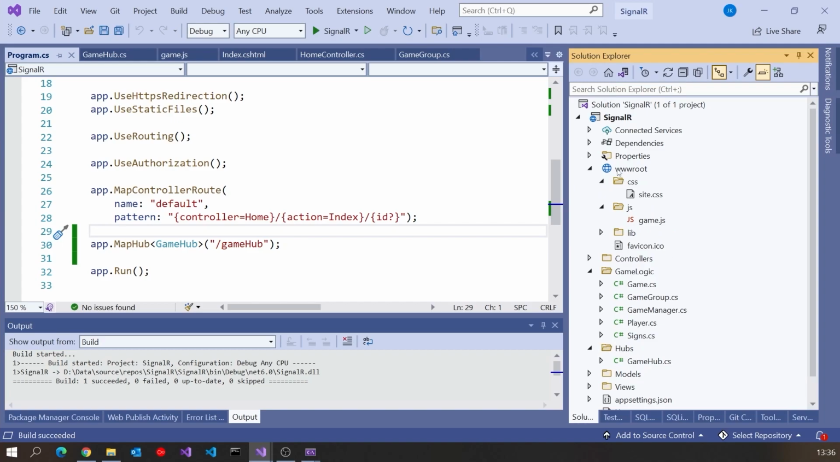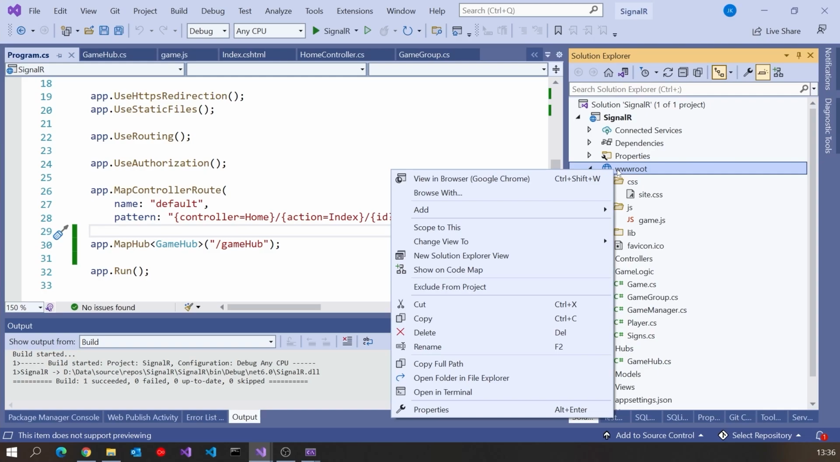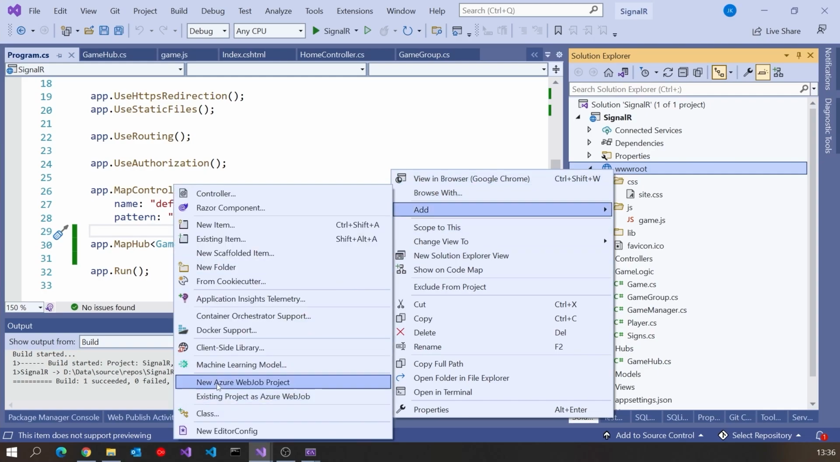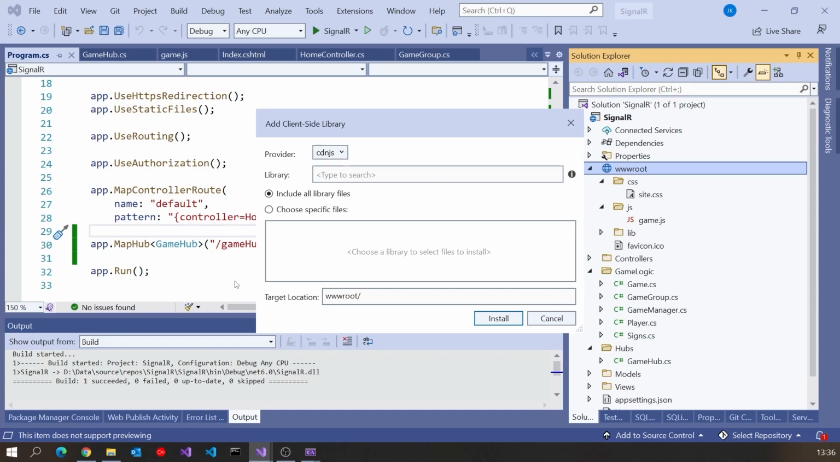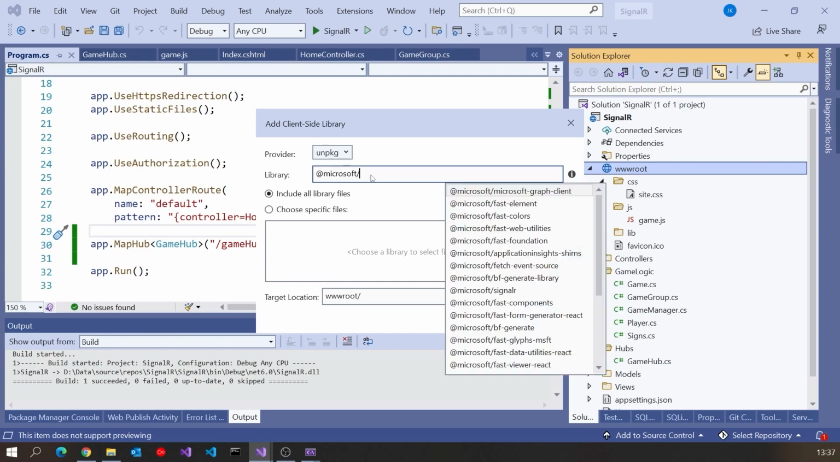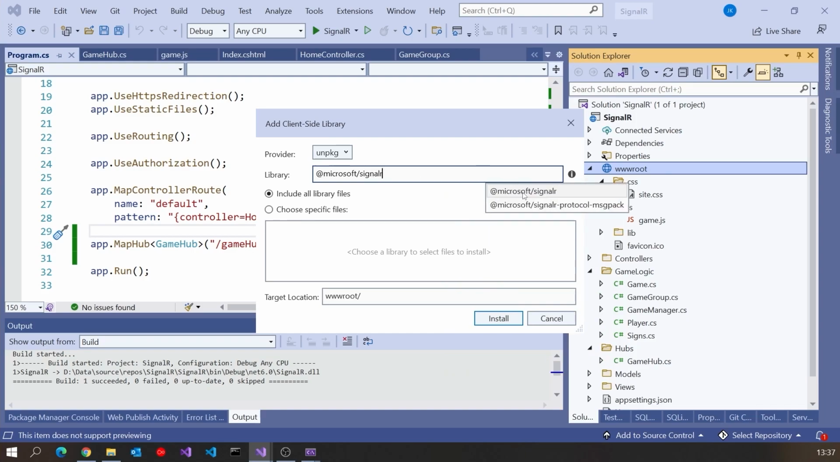So what we can do for this, if we go to wwwroot, and then there are all sorts of ways we can get a hold of a client-side library. We could use a content delivery network, but I'm just going to do Add and then go for Client-Side Library. And then we'll go for UNPKG as our provider, and then lots of choice to go for, but I'm going to go for the Microsoft and then /signalr. And there you can see it's giving us that option. So we'll go for SignalR, and it actually shows us quite a lot of files in there,